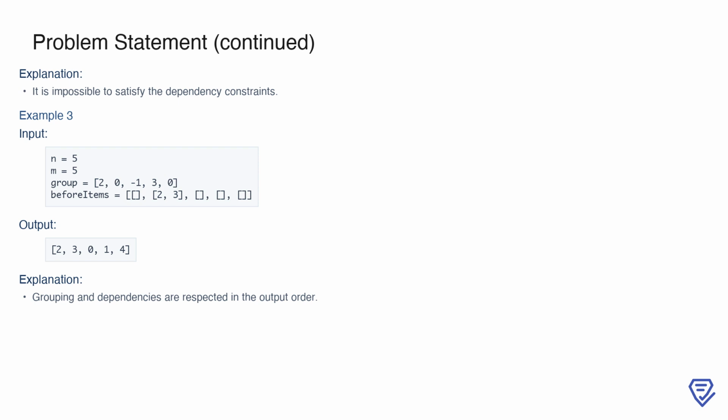The group array specifies the group assignments, and the beforeItems array defines the dependencies. In this scenario, the output 2, 3, 0, 1, 4 is a valid solution, as it respects both the dependencies and the grouping constraints. For instance, item 3 comes after item 2, and items in the same group remain contiguous. This illustrates how the problem requires careful handling of both topological sorting and group-based constraints to arrive at a valid